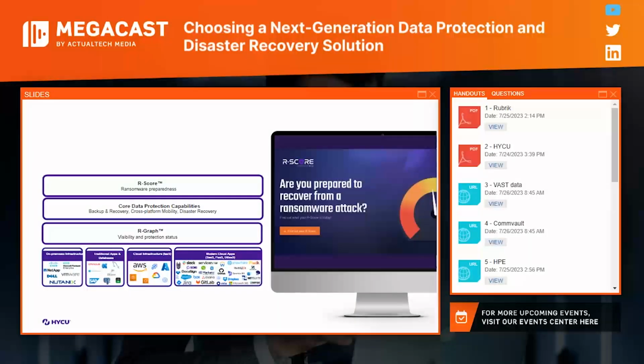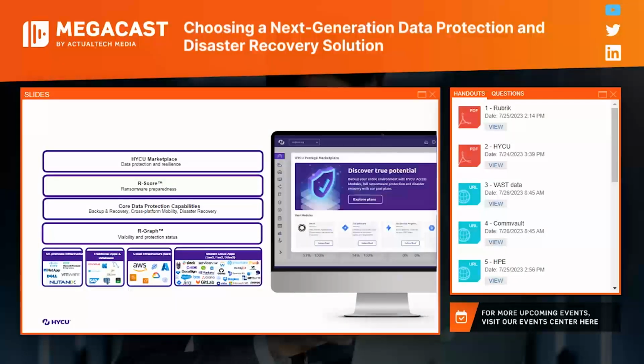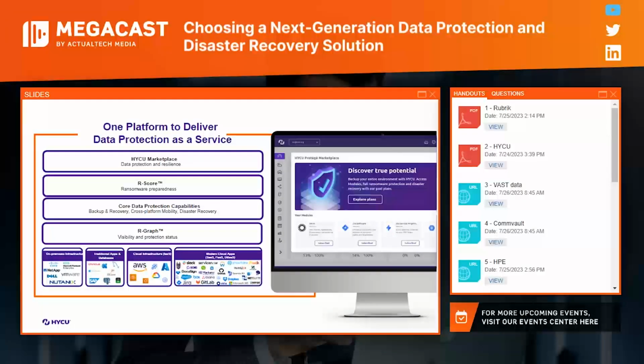For those that are not sure how ready they are for ransomware preparedness, we also have our R-score, where we provide the insights into how prepared you are, where the gaps are, and where to strengthen. And of course, everything available from one single pane of glass within one data protection as a service solution that covers it all.